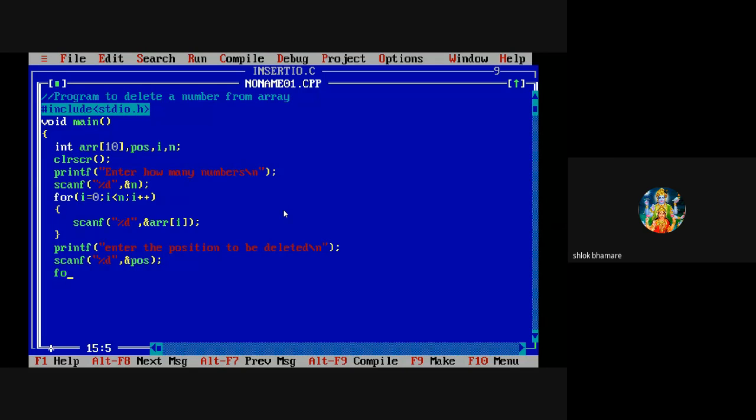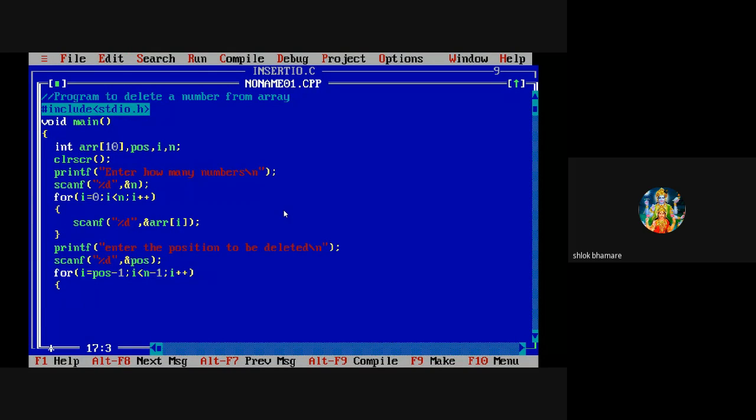Okay. Now for I is equal to POS minus 1, I is less than n minus 1, I plus plus. Now, why I have taken POS minus 1?